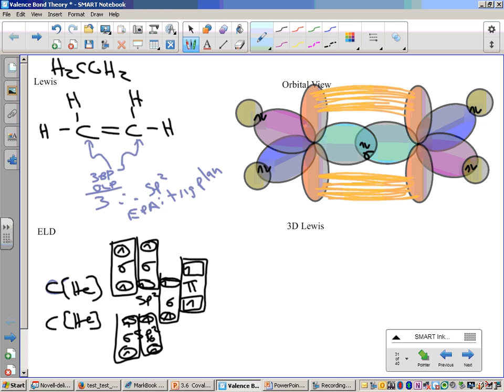So that's what makes a pi bond different than a sigma bond. A sigma bond overlaps only in 1 spot, which is why it can rotate. But a pi bond overlaps above and below the sigma bond. Now this is 1 bond, ladies and gentlemen. This peach color here represents 1 bond. You might look at that as a new student and say, that looks like a triple bond to me. There's 3 spaces where there's overlapping, but that's what makes a pi bond different than a regular sigma bond